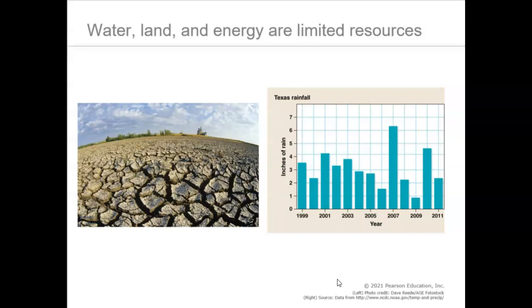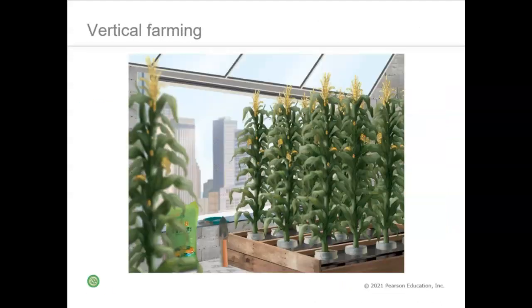So can you think of any way we could grow crops that puts less stress on the non-renewable resources in the environment, or a way to grow crops that's not beholden to the environment? An answer to that is something called vertical farming. And so this is one concept of a futuristic farm